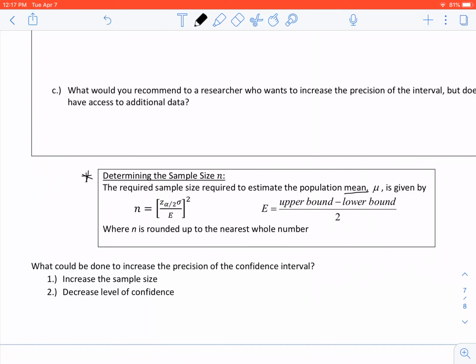So again, that z alpha over 2 is at the bottom of page 2 in your notes for chapter 7. And e is our upper bound, lower bound, subtracting, divided by 2. Since n is our sample size, we are going to round up to the nearest whole number. And then we have a couple things down here to star. What could be done to increase the precision of the confidence interval? You could increase the sample